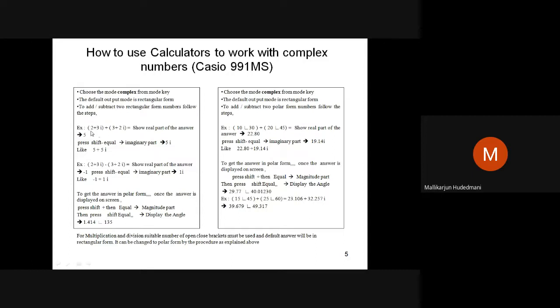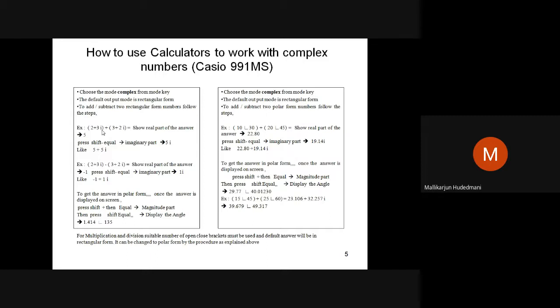What is this example? I would like to use complex addition of two rectangular quantities. So what I will be doing now, in the calculator, after choosing the mode complex, I will open a bracket. Open a bracket, type number 2 on the keypad. Then hit the plus key, and number 3. And there is an i symbol. This i symbol is there in the functional keyboard of the calculator. Maybe it is the third row, second button. So you have to search in your calculator, depending on what kind of complex calculation you would like to do. So it is rectangular: open a bracket, 2 plus 3, insert i and close the bracket.